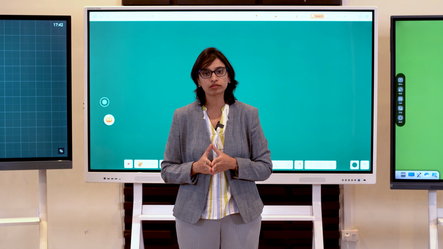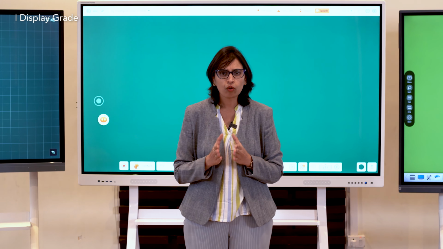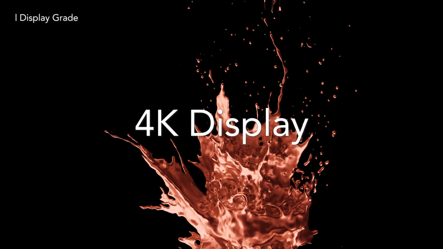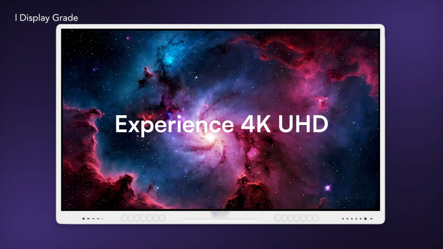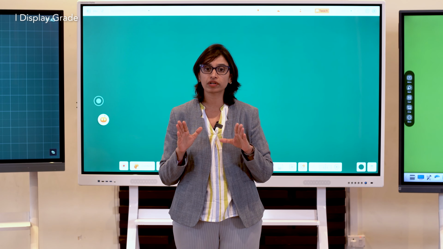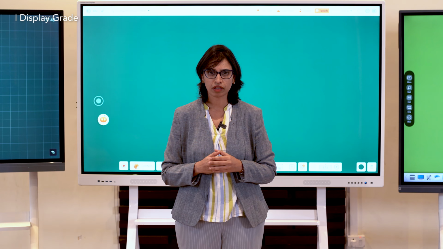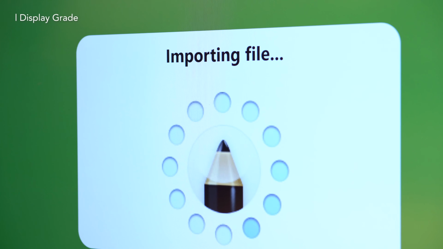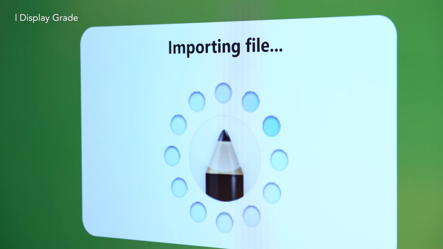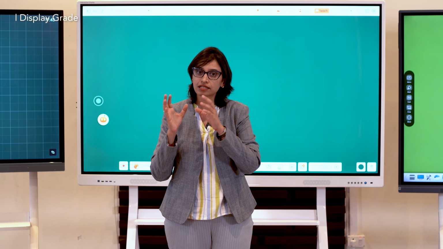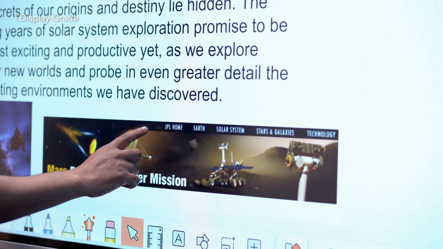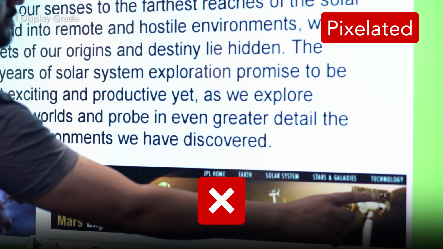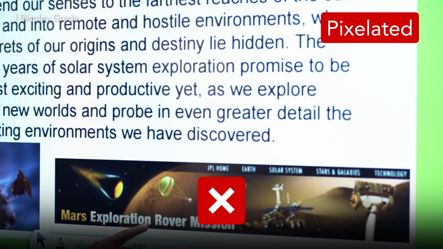Next, let's discuss the display quality. You know, most of the TVs, phones and screen-based appliances nowadays feature 4K resolution. Digital boards are no exception. However, not all the 4K panels deliver the same quality. So, how do we test this? For example, when you look closely at the icons in some of the displays, they may appear slightly pixelated. So, we tested the same PDF image on different displays, and while one displayed a clear image, the other showed pixelation. This kind of difference in display cannot be accepted.